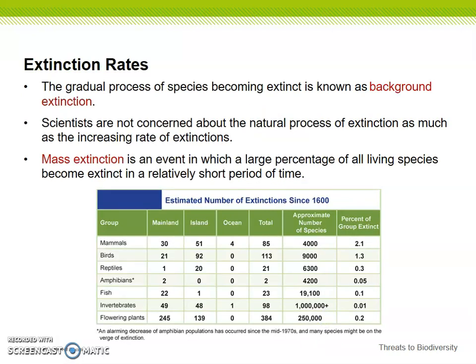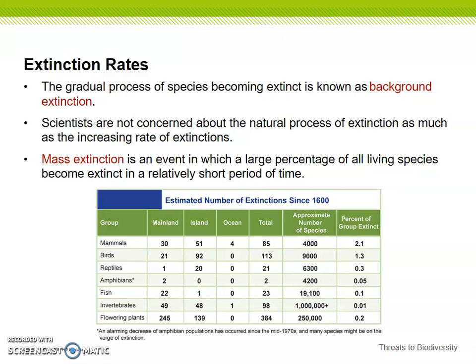So let's start out by talking about extinction rates. The gradual process of a species becoming extinct is known as background extinction. Scientists aren't concerned about this at all. It's a natural process, but they are, however, concerned about the increasing rate of extinctions. A mass extinction is an event in which a large percentage of all living species become extinct in a relatively